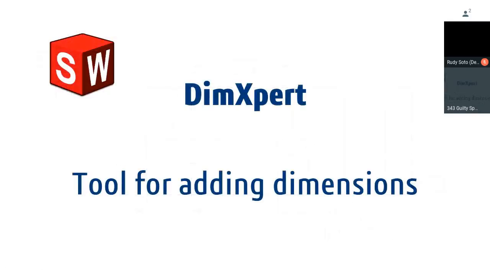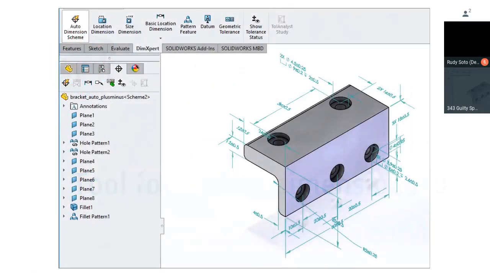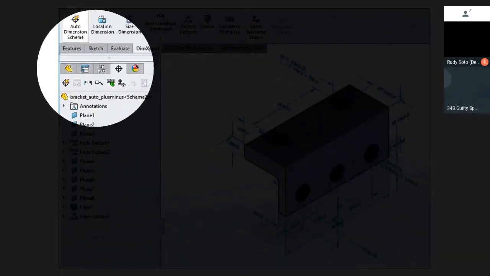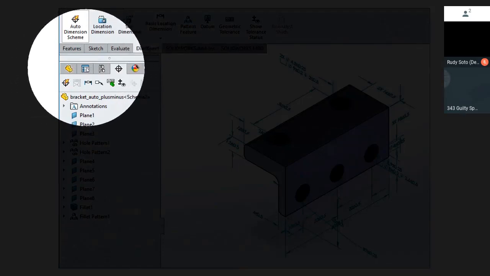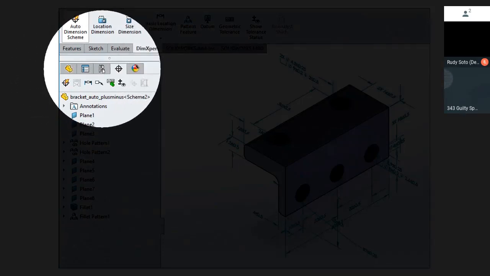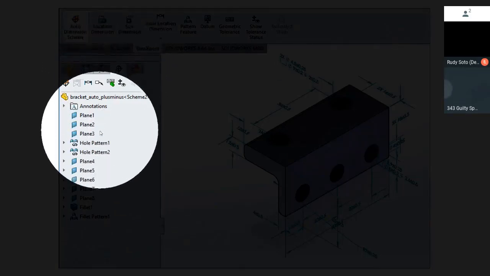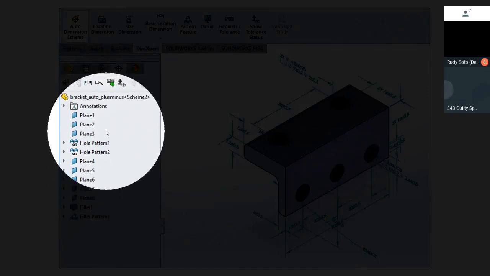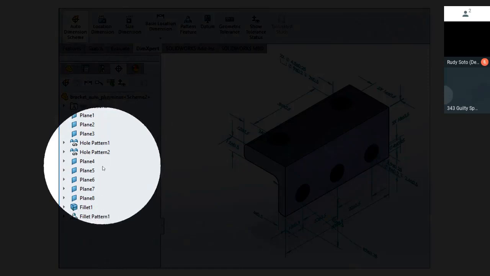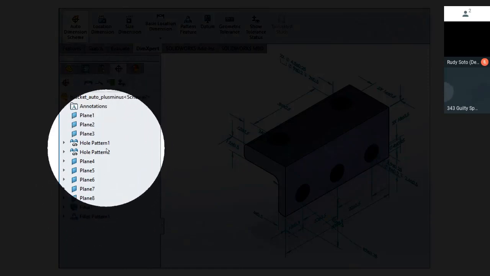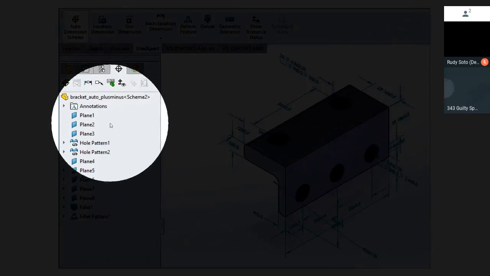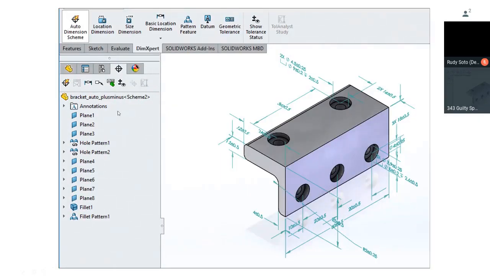Now, in SolidWorks, we have a tool called DimExpert. You can see that there's a tab here for DimExpert. So we've got a regular feature tree, our properties, our configuration tree, and then this is our DimExpert tab here, the one with the little crosshair. What DimExpert does is it lets you recognize different features on the geometry of the model as geometric entities rather than what they might have been considered in the original feature tree. The other thing DimExpert lets us do is apply tolerancing to our model to be used in MBD or as part of PMI.